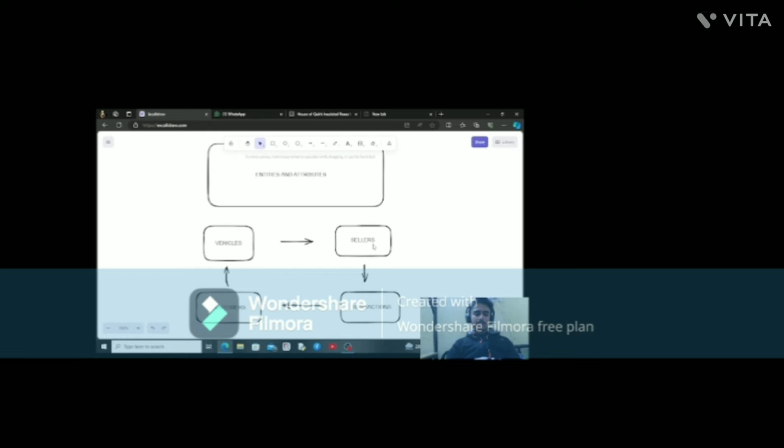Second, let's talk about the sellers, the second entity. Okay, so attributes here